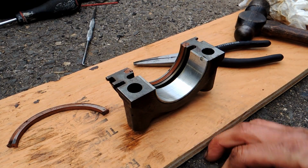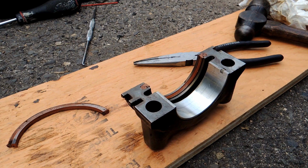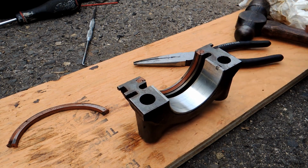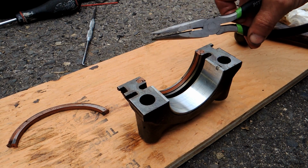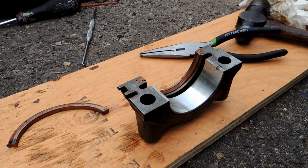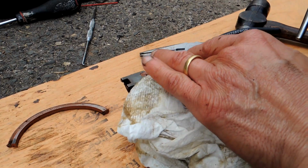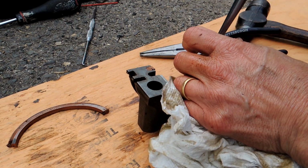Alright, the seal in the engine went actually pretty well. One good hit with a punch and it popped right out, and then I could pull it with the needle nose on the other side. Now this is actually tricky in the sense that, first of all, I don't want to scratch that. There's nothing holding it down, so